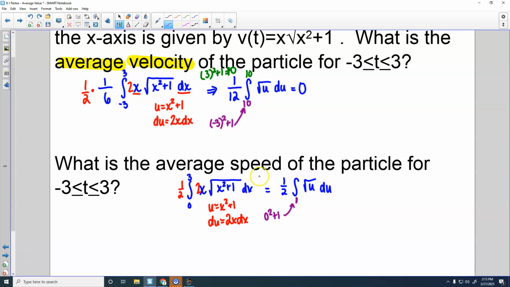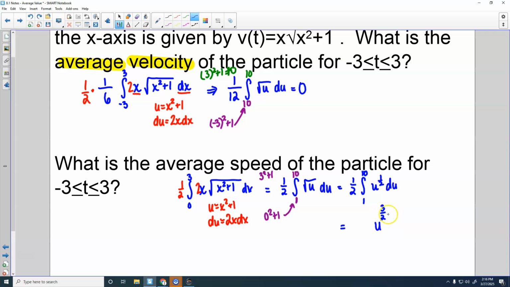And then I will do 3 squared plus 1, which will give me 10 for my upper limit. And so I can think of this as u to the 1/2. It will be easier to integrate if I think of it that way. So I will increase my exponent by 1, so that'll give me